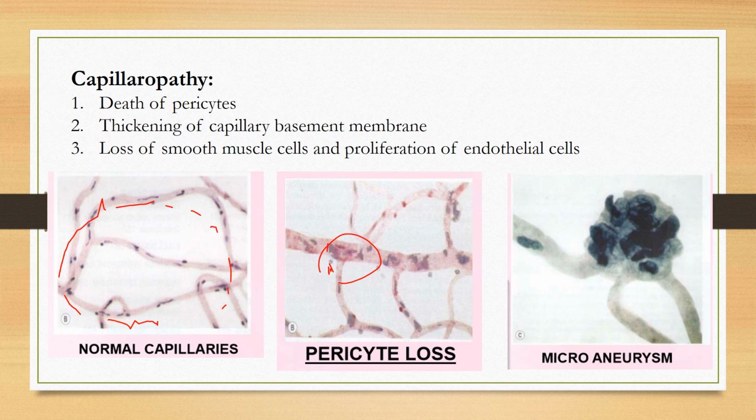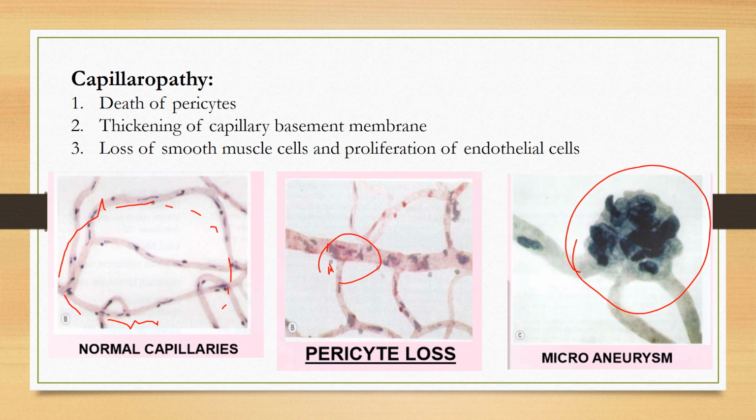So what will happen is, if there is a thinning out of a tube, at that particular portion it might bulge out. Just imagine a balloon bulging up at one particular point. So there will be a bulging like this. This bulging is called microaneurysm. This is the starting point of